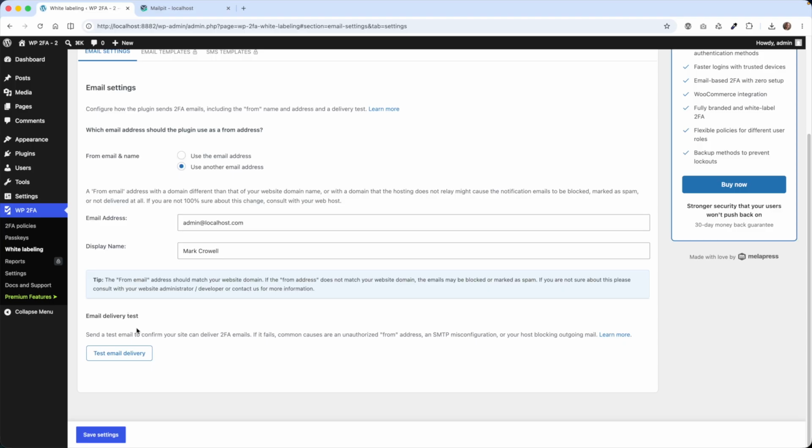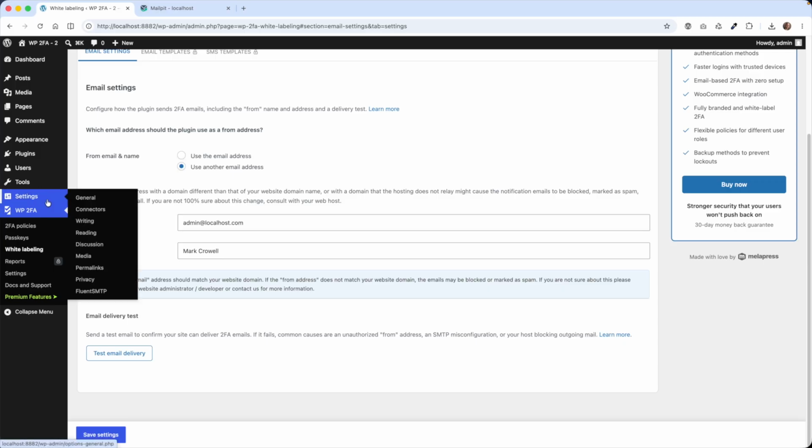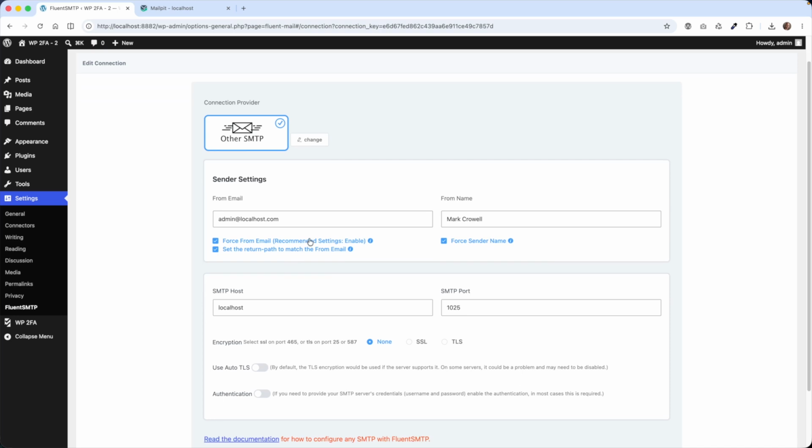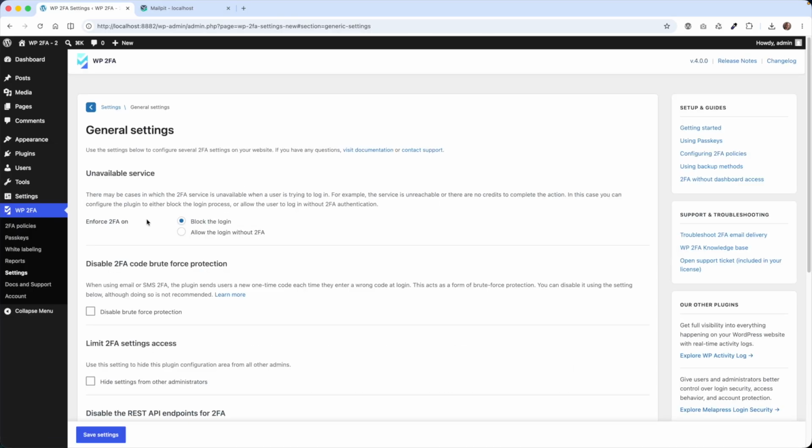So if it's not for some reason, you might have to change your email settings in WordPress, or if you're using an SMTP plugin like Fluent SMTP, you're going to want to make sure that you can go ahead in here. And sometimes enabling these options, depending on how your email is all set up, you want to make sure that that's sending correctly. And that's it for this tutorial on how you can set up your two-factor authentication using the